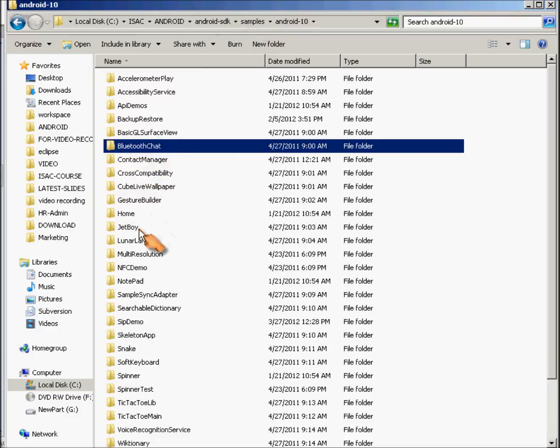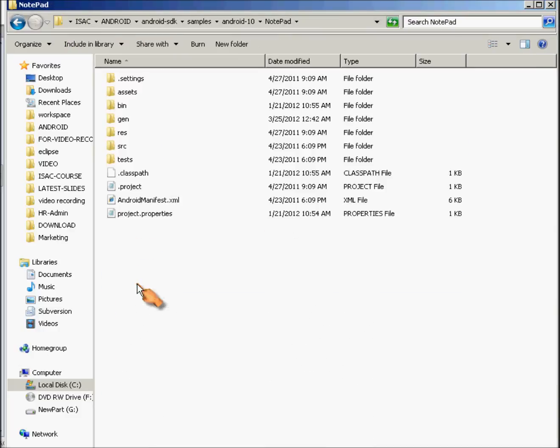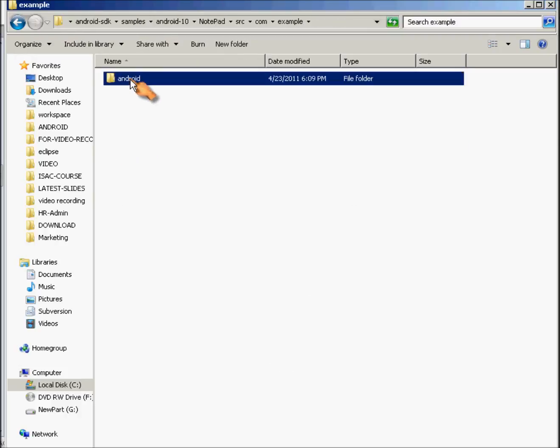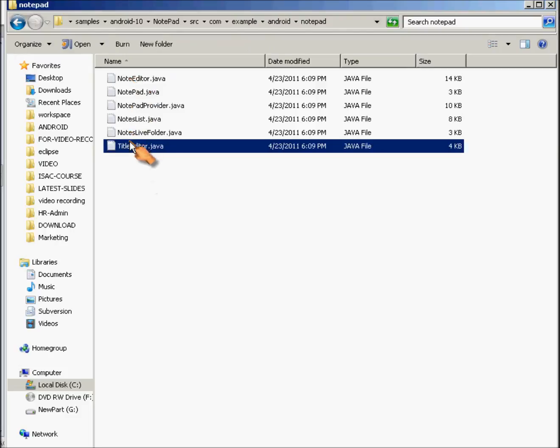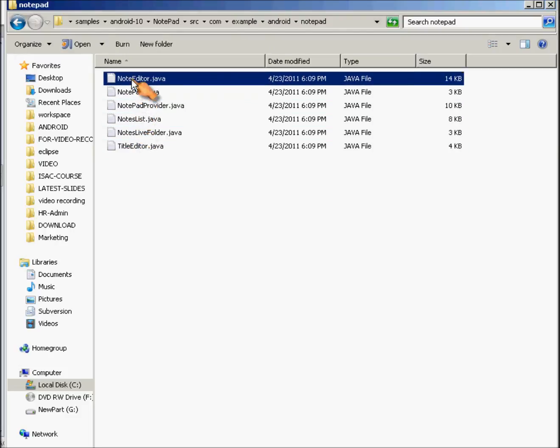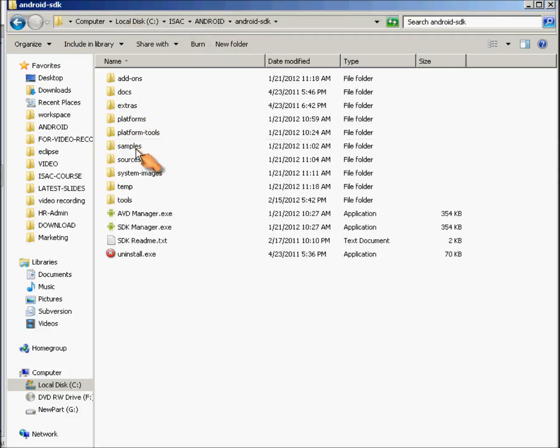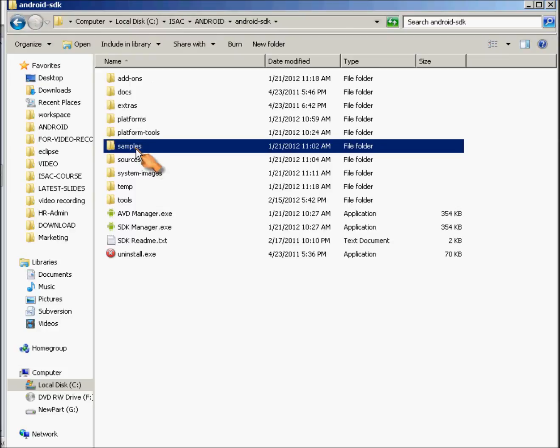how to do that. Now let us assume that I want to create a notepad kind of application in Android. Here is the place to come. Look into the source code again and try to read and understand all this source code written using Android API. Okay. So that was basically the idea that samples directory is a very important directory, and whenever you are thinking about planning to do something new, try to get into that, and maybe there is something already 20% done or 50% done which you could reuse instead of